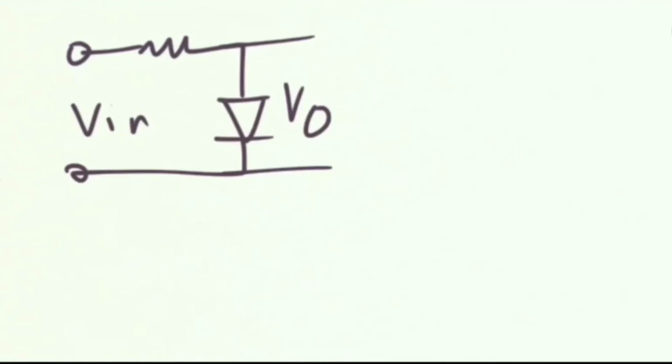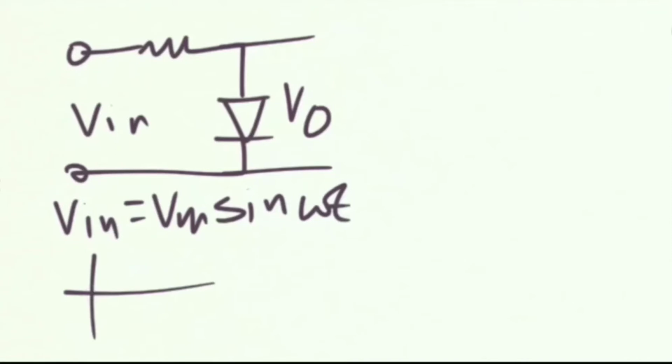Suppose this is our circuit. Here the diode is in parallel to the applied signal, so this is a parallel circuit, and since Vin is the only voltage source present in the circuit, this is an unbiased circuit. Suppose Vin is Vm sin omega t. Suppose the polarity of the diode is like this with Vd voltage.